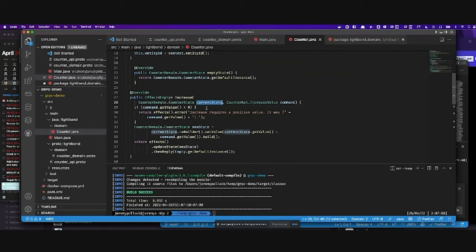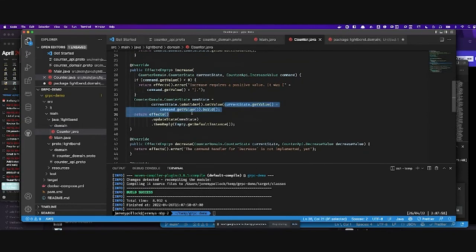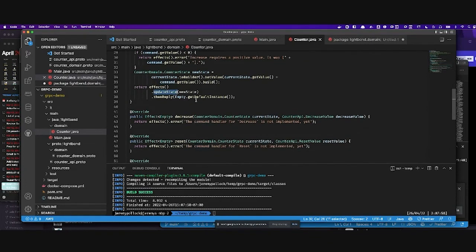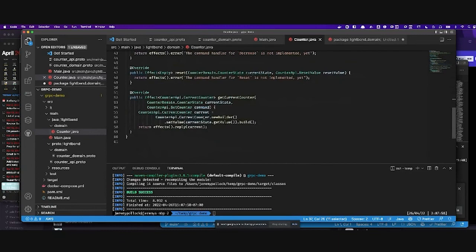And so there's no fetch of the data. It's delivered to me in the function. And in this case, basically just saying, hey, let's set a new state to be equal to the current state plus the value passed into the command. And then as an effect, we'll spit out, in essence, an event that will update that state. For getting a current counter, it's just basically building up the right data and passing that back out into our